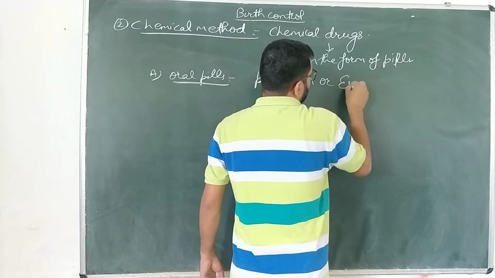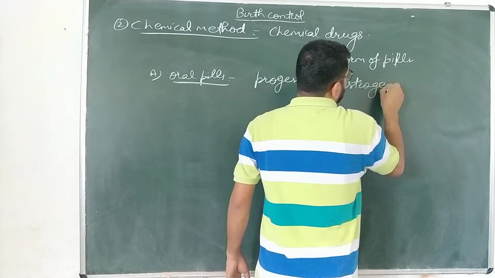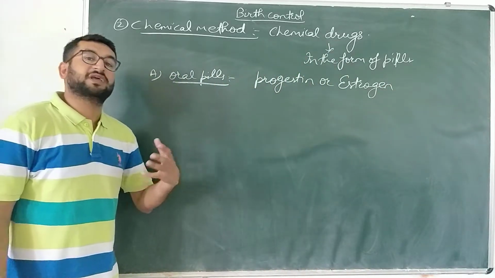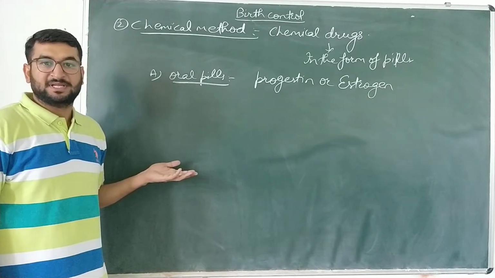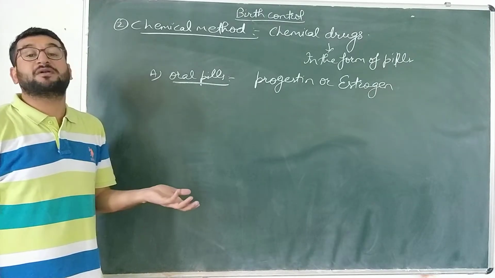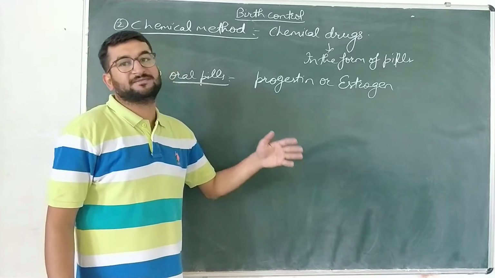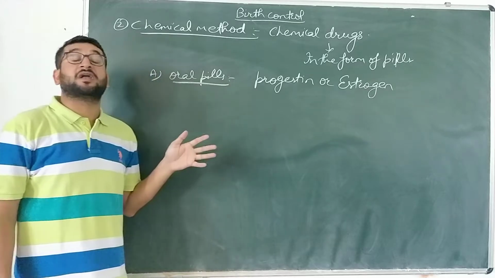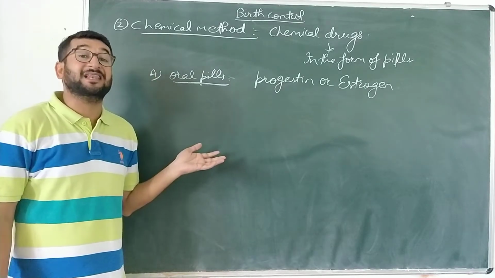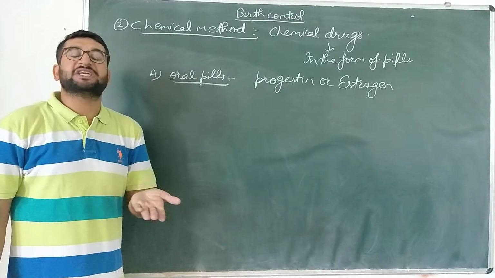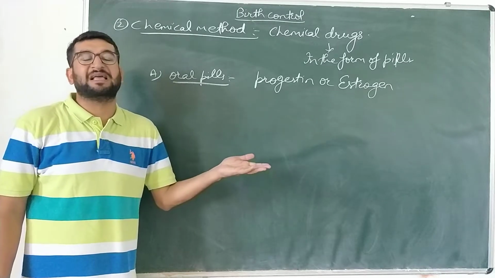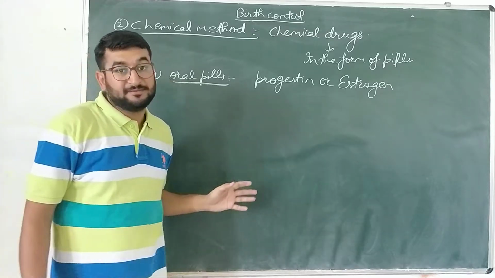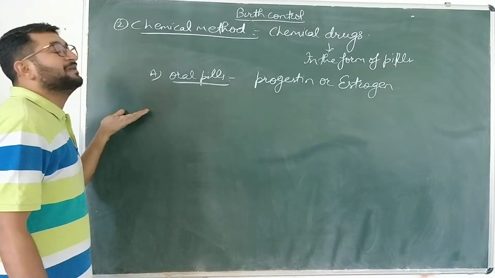These pills contain progestin or estrogen. These are the hormones which do not allow the egg to mature again. They prevent ovulation, and hence, if ovulation is not there, then the egg is not released. The first pill of its kind was developed in Lucknow, India, and is named Saheli. That pill has to be taken for 21 continuous days by a female in the menstrual cycle. So that is the oral pills.